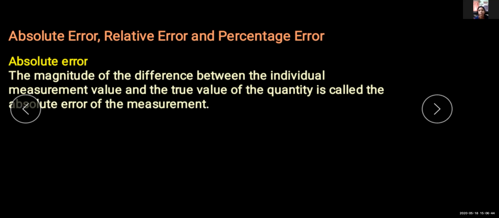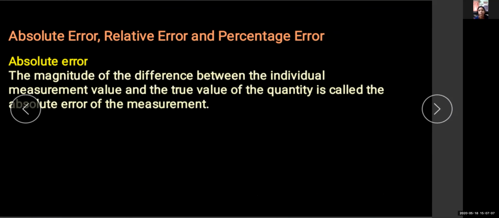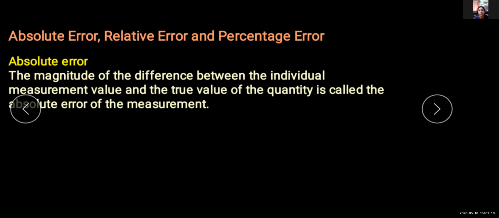These are some methods of minimizing random errors. Random error can be minimized by taking a large number of readings of the same quantity. Then it is very likely that the majority of readings may have small errors, which might be positive or negative. Error will be positive or negative depending upon whether the observed reading is above or below the correct value. The random error can be minimized by taking the arithmetic mean of a large number of readings of the same quantity, and the mean will be very close to the correct value. Okay.